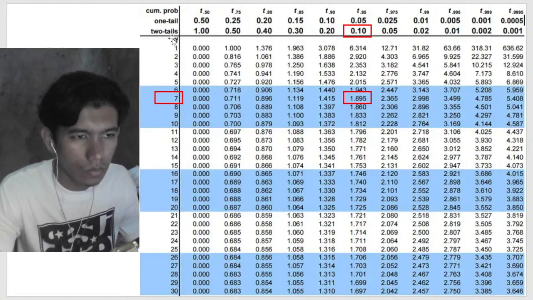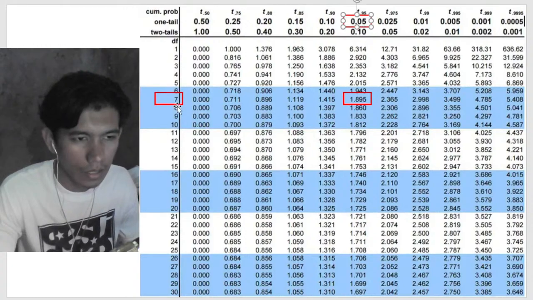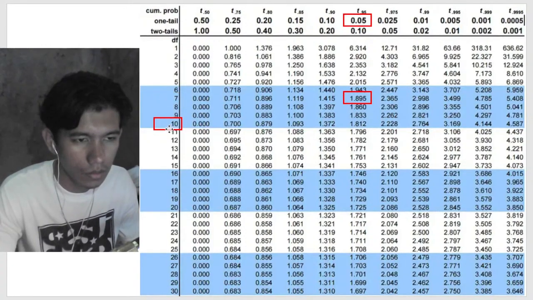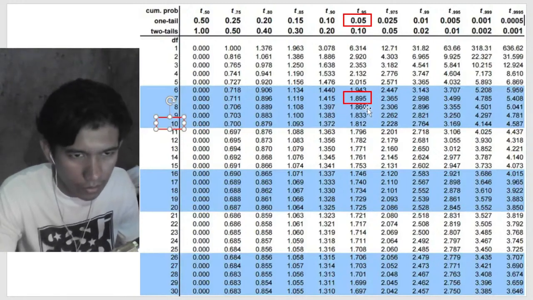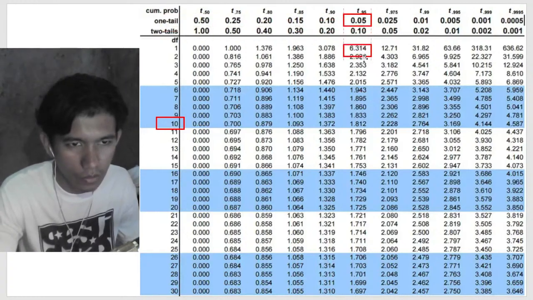Okay, so we are with one tail, and the p-value is 0.05. It's right here. And then our degree of freedom is 10. It's right here. So let's see if we're going to get the same value. Okay, so if we intersect this, for one tail, 0.05 p-value, and degree of freedom of 10,